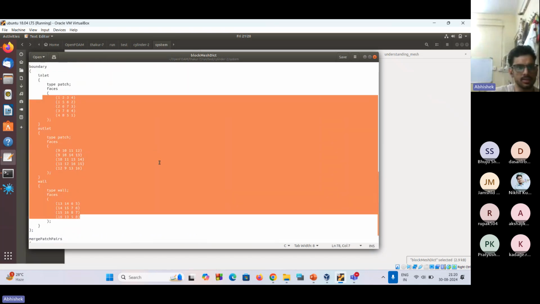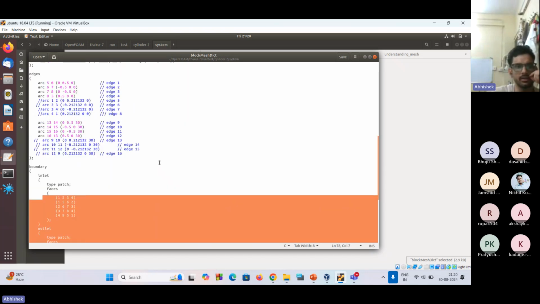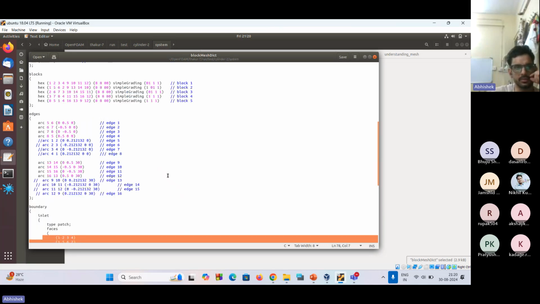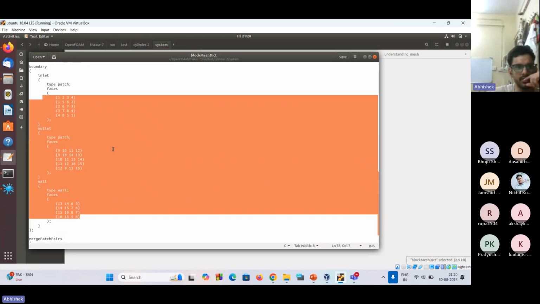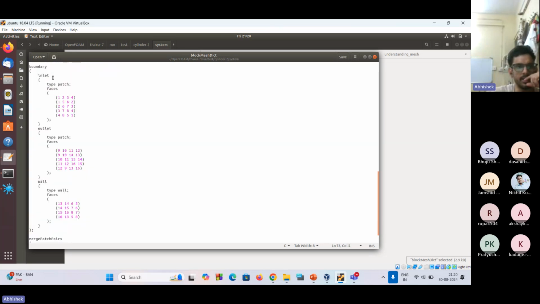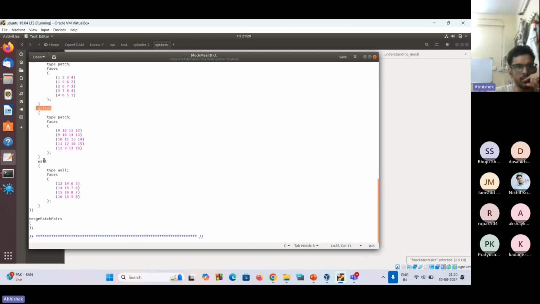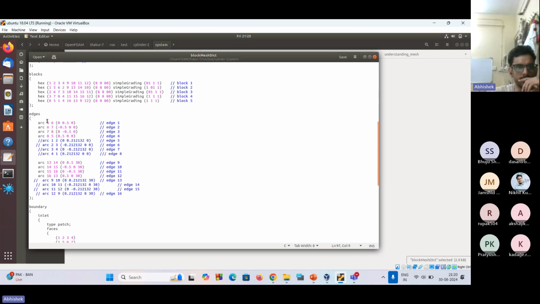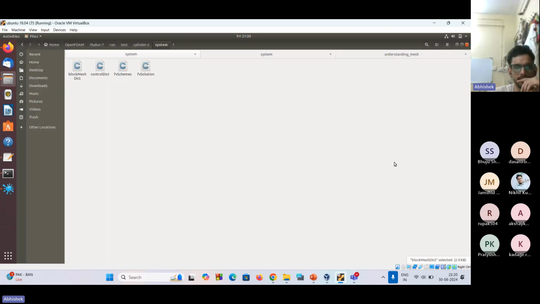This is the same case. So this is basically flow through a channel, a circular pipe. This is the flow through circular pipe mesh. And we have here an inlet patch on the left, outlet patch on the right, and then the wall, the side walls. Okay. So we have here, you can see, 5 blocks. And when we run it,